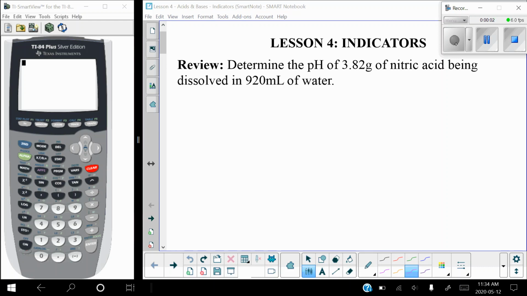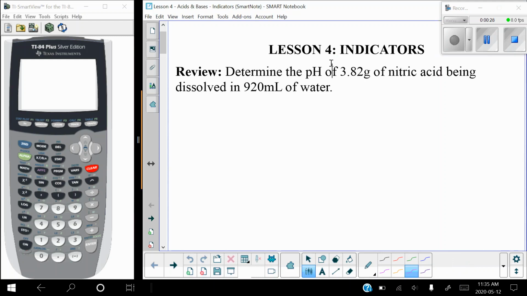Hey everybody, welcome back. Today we are going to be taking a look at acids and bases lesson 4, which is indicators. For today's review, we are going to be doing two problems. The first is determine the pH of 3.82 grams of nitric acid being dissolved in 920 milliliters of water. So we are looking for the pH